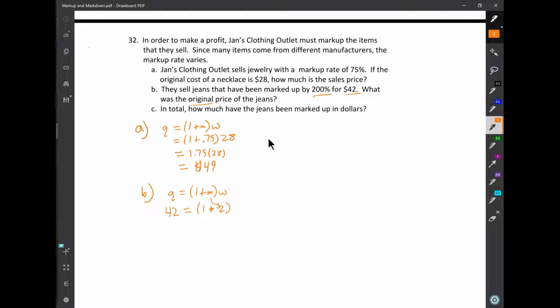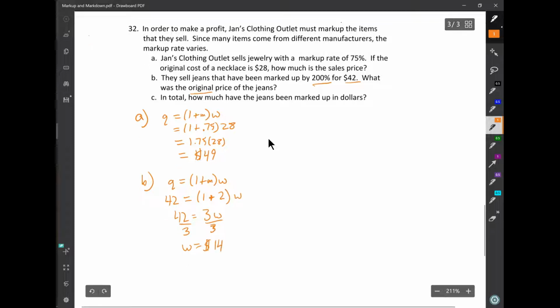It's always a little more confusing when the percents are over 100, because you're used to seeing a decimal like 0.75 here. But if it's over 100%, you're going to get a number bigger than 1 right here, because if I divide 200 by 100, I end up with 2. Now, the original price is what we're looking for. So 42 equals 3 times W, divide by 3, divide by 3. That's 14. $14 was the original price before the